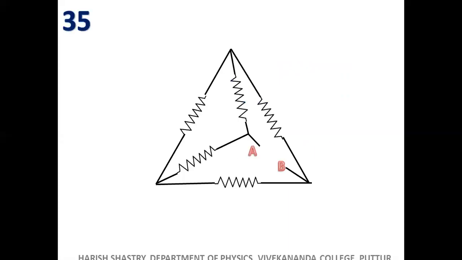Next, we'll go to the 35th question. Yeah, this is the 35th one. See, where are A and B? Of course, you are asked to find the resistance between A and B. I have kept A and B as common terms, but it may be anything. Now, does it look like a Wheatstone's network? It is a Wheatstone's network. What you can do is simply bring this resistor to the other side.